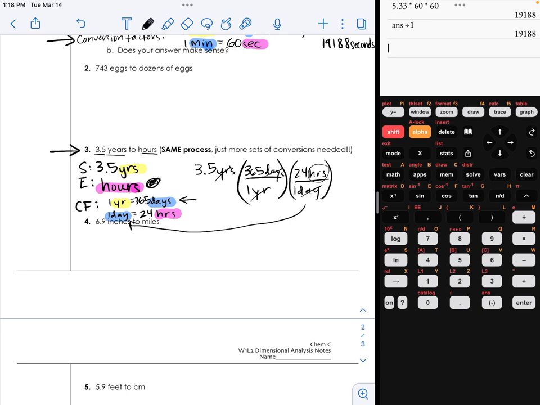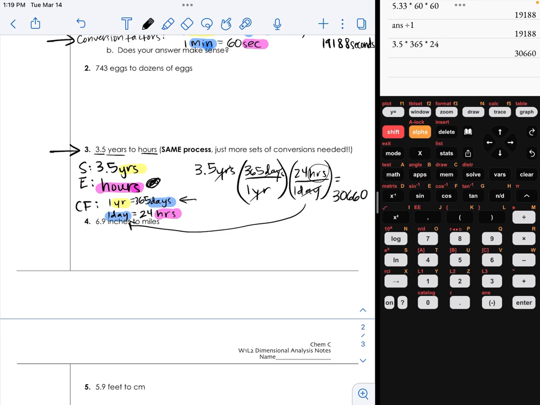Last step is to solve it. All right, multiply what's on top, divide what's on bottom. Pause and try solving it with your calculator on your own. Okay, let's calculate together. 3.5 times 365 times 24. Notice I didn't divide by my ones again. And that's okay because they're the number 1. All right, I got